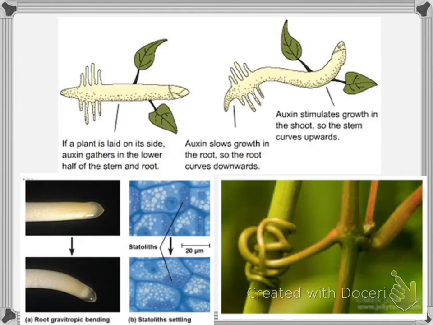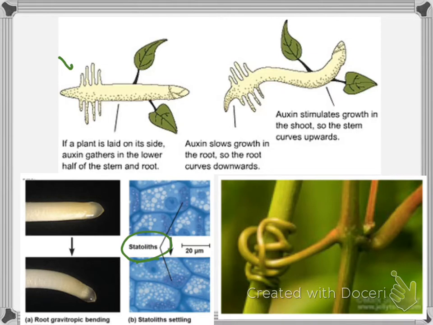So now we're going to look at gravitropism. Plants can detect gravity by statoliths, which are these cytoplasmic components that settle wherever gravity is pulling them. So even if a plant is placed on its side, the plant is always going to know where up and down is. And based on that, the auxin concentrations are going to accumulate, and they're going to stimulate different plant